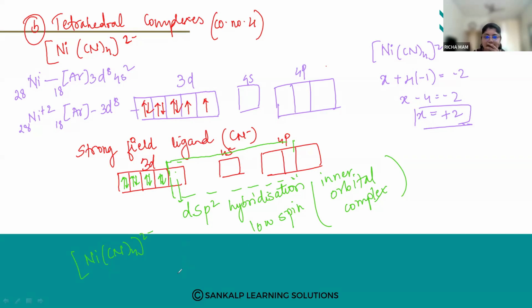So what will happen? Now the next step is, write the 1, 2, 3, 4, 5, and these are the three: 3D, 4S, and 4P. So how the electrons will, so these are the 1, 2, 3, 4, 5, 6, 7, 8. These are the orbitals of your nickel, and 1, 2, 3, and 4 are the ligand orbitals. Okay. So the hybridization is dsp2. These are the four pairs of electrons